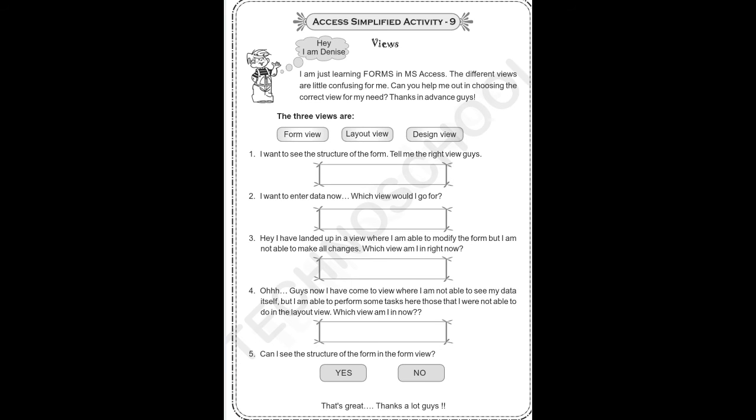Those who have not submitted their CW, submit it earlier. In 8th standard, most of the students in Ruby 3, 75% of students, have submitted. And in Ruby 1 and Ruby 2, most of the students defaulted in submitting CW and other tasks. Complete it and submit it. Okay, so don't be defaulters. Complete your work on time. Submit your notebooks for correction.